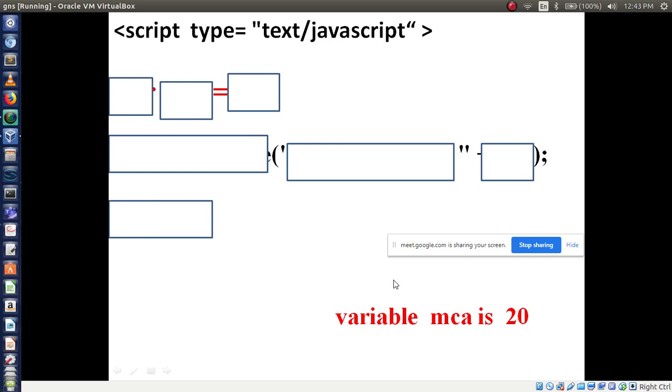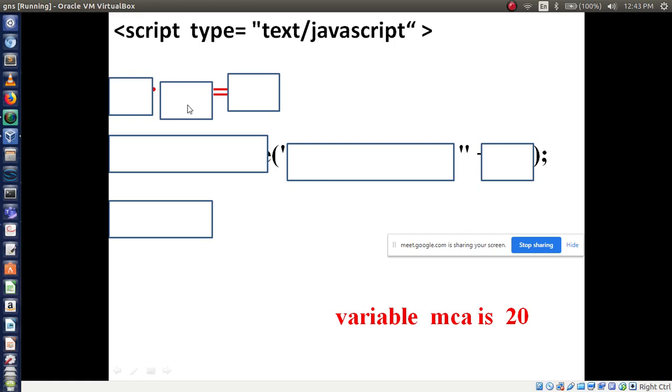Now what am I displaying here? Variable MCA. So what is the variable name here? MCA. Very good.